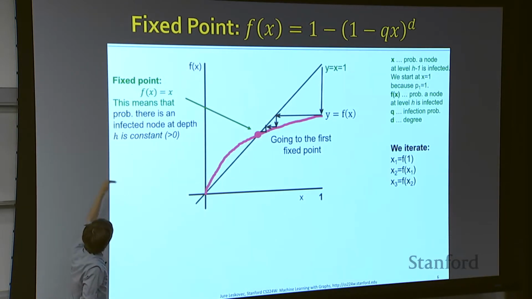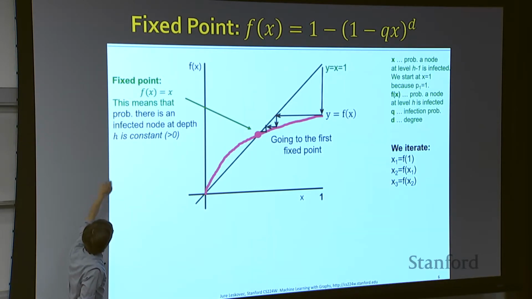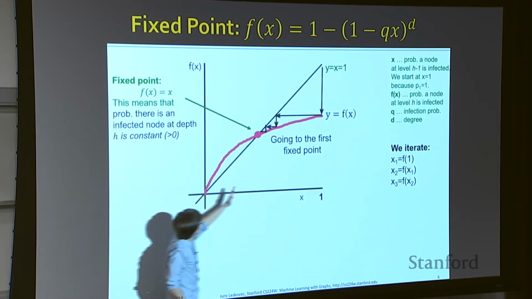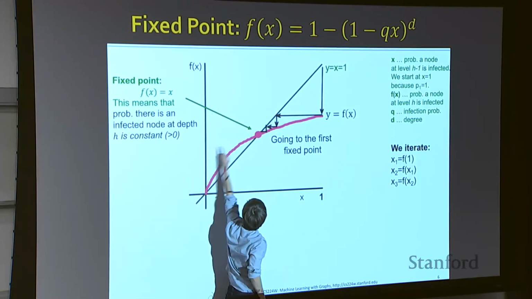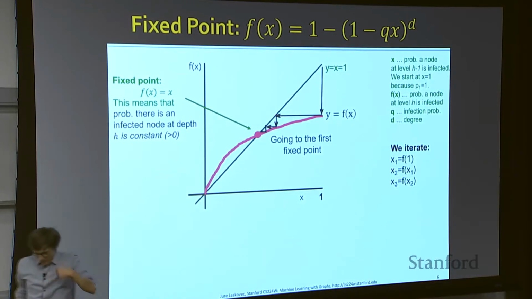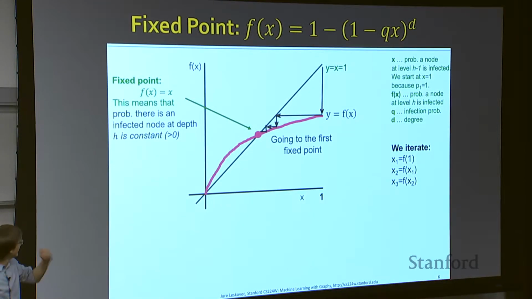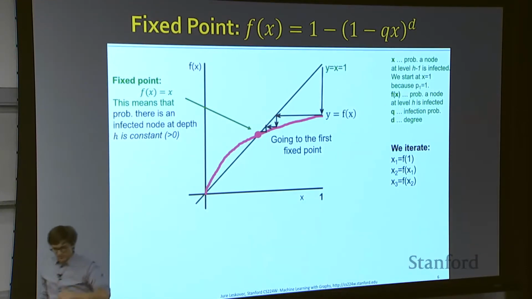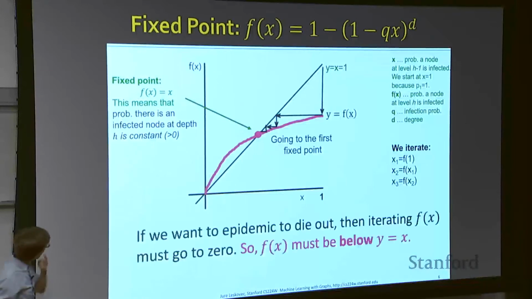This means that the probability that there is an infected node at some depth h will be constant, because f of x equals x. This is x equals y. So it will get stuck there, and I'll have the constant probability of having an infected node from some depth on. So now what we really want to do,